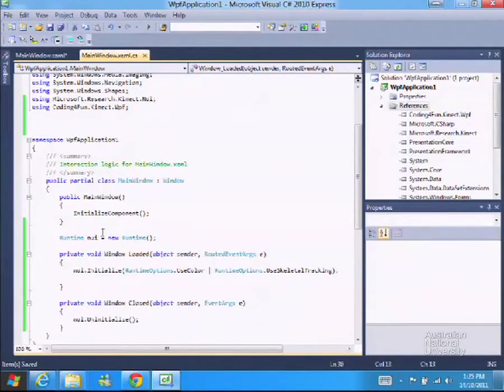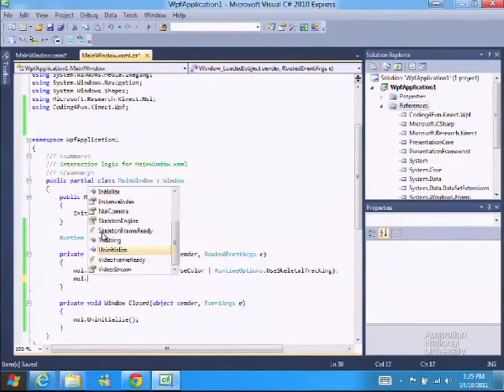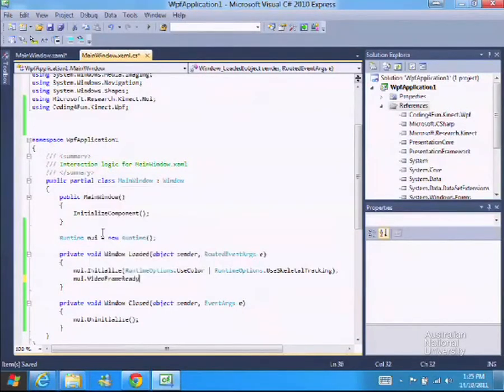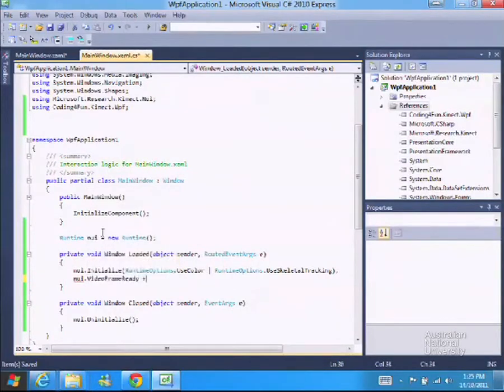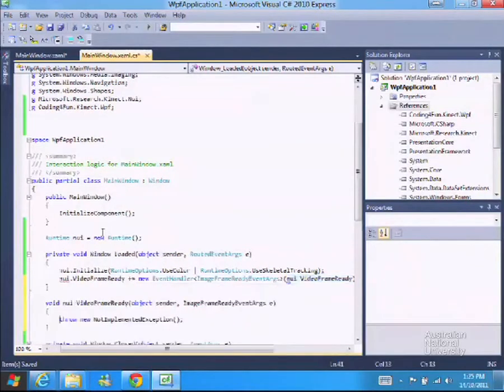So let's get the camera going. So you go NUI.VideoFrameReady. This fires off an event whenever the Kinect gets a camera event. And you go plus equals, and then you just press tab and it'll automatically create it for you. So if you press tab twice,